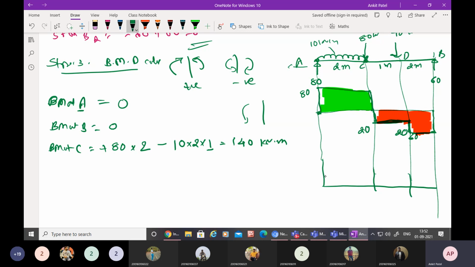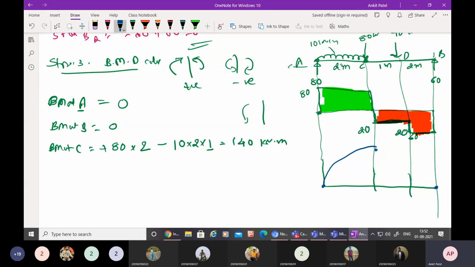So at the A location, your bending moment is 0. I'm going to draw it with the blue pen. This one is 0, this one is also 0, and at point C my answer is 140. So somewhere it is like this. Now you need to draw a parabolic curve. We are drawing the bending moment diagram on the opposite side. Generally, you have to find the value at each and every location and connect these. Definitely it will connect in a second degree parabolic curve.